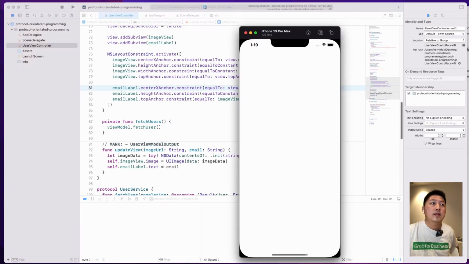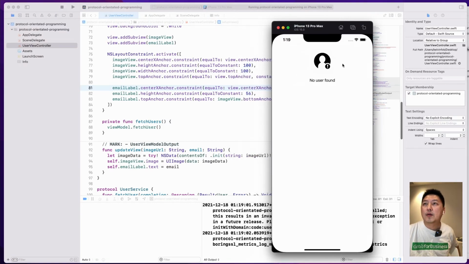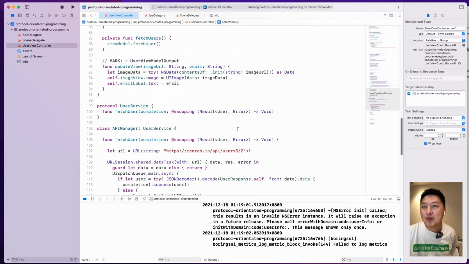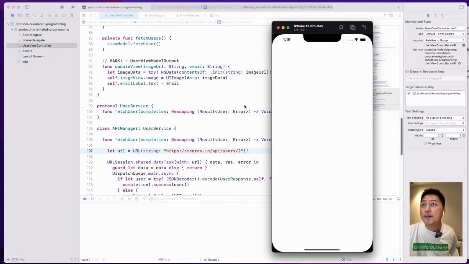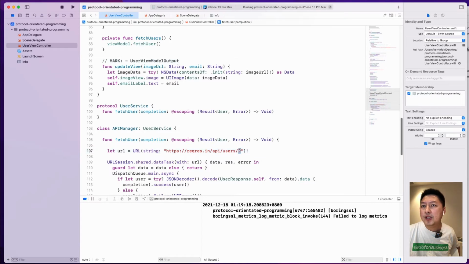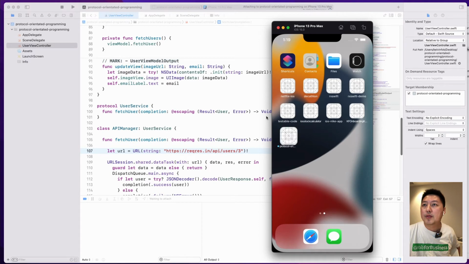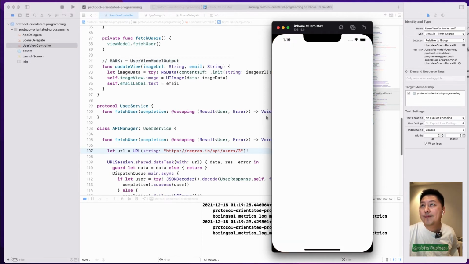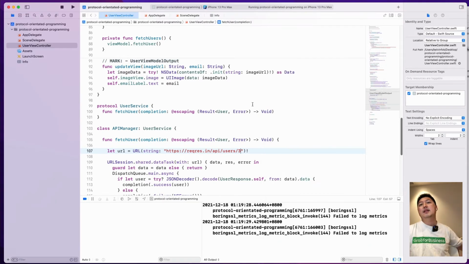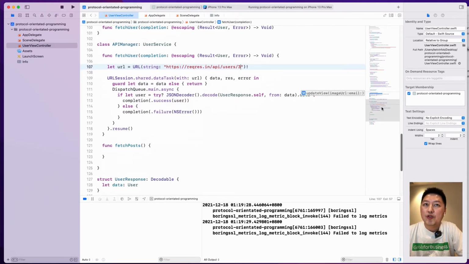All right, so let me bring up my, okay, so we see no user found, and that's because we screwed the endpoint. So let's come down to the bottom and let's remove 5 over here, and let's just hit play. I believe we should see the lady photo as well as an email, and I believe if I change this to 3, it will also show a different user. Let's quickly have a look. Yep. Okay guys, so this is how we structure